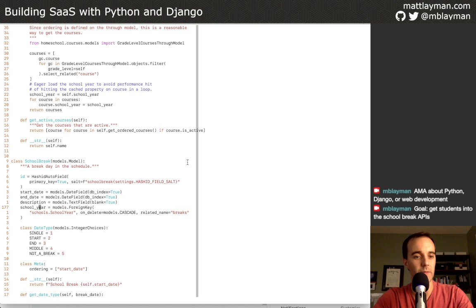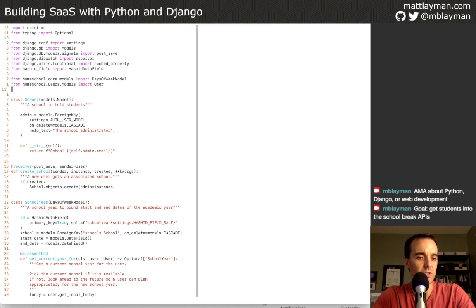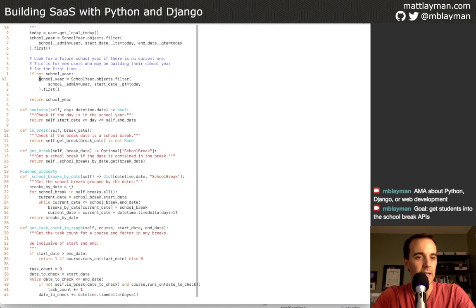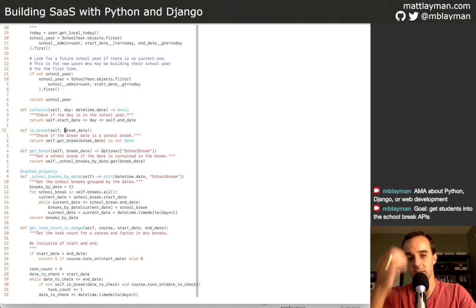All right, let's look over at the code. The primary method that I think I have to modify is in the school itself, if I recall correctly, or the school year. It might be more specific, and that is this method right here, the isBreak method. So the way this works is the scheduling logic does this calculation that has to figure out which days are break days and which days are not. And it does that by passing in a break date. So this is a date object, and does this lookup of can it find the break?